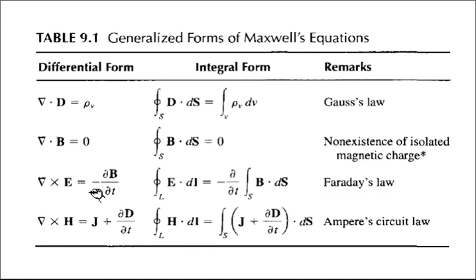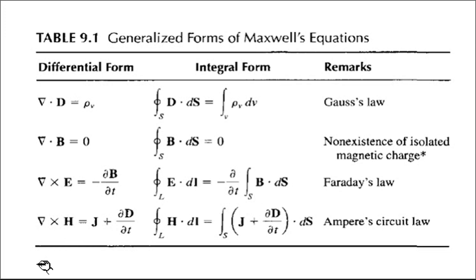So this first equation, del cross E bar, once again I will go back to this equation. The first equation is del cross E bar is equal to minus dou B bar by dou t, which is equivalent to closed line integral E bar dot dl bar equal to minus dou by dou t of surface integral B bar dot ds bar. You have written this neatly and correctly. Verify this once again from your notebook, and if some corrections need to be made, make those corrections.